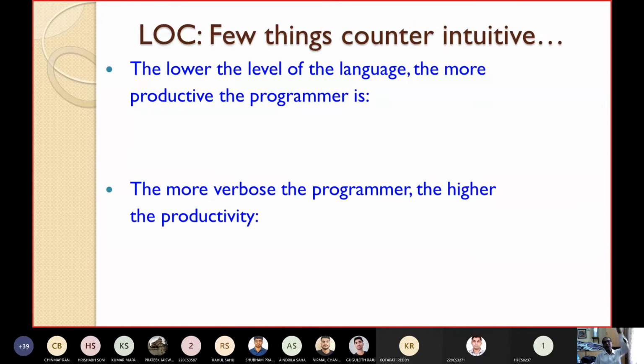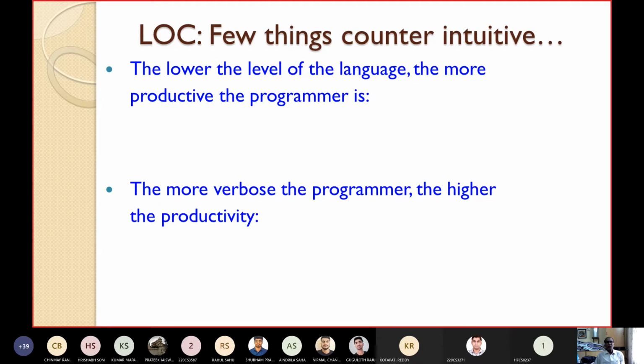A few things are counterintuitive while you are using LOC as the measure of size. As I have already told you, in traditional days people used machine level languages or assembly level languages. What will happen regarding size for a small program? You have to write many lines of code in assembly or machine language, which is easily written in fewer lines in a high-level language.